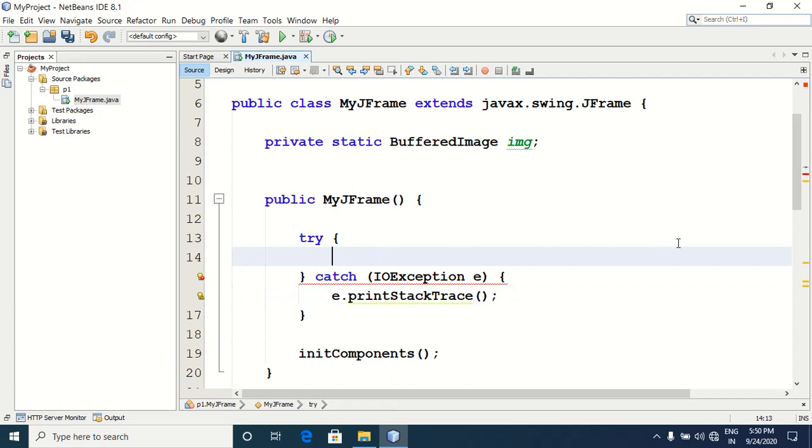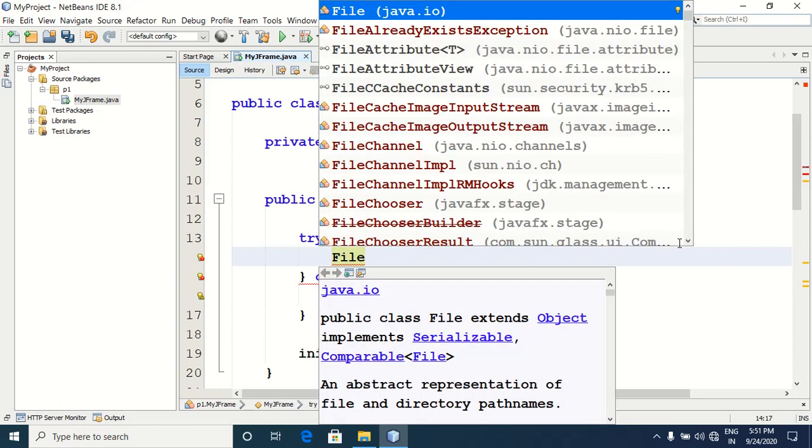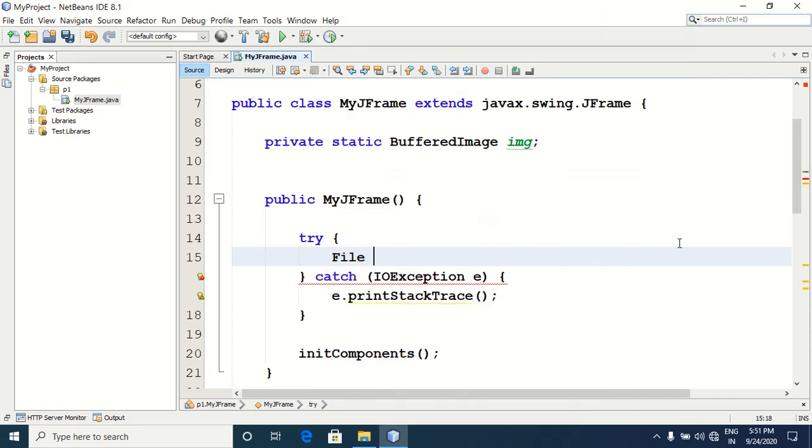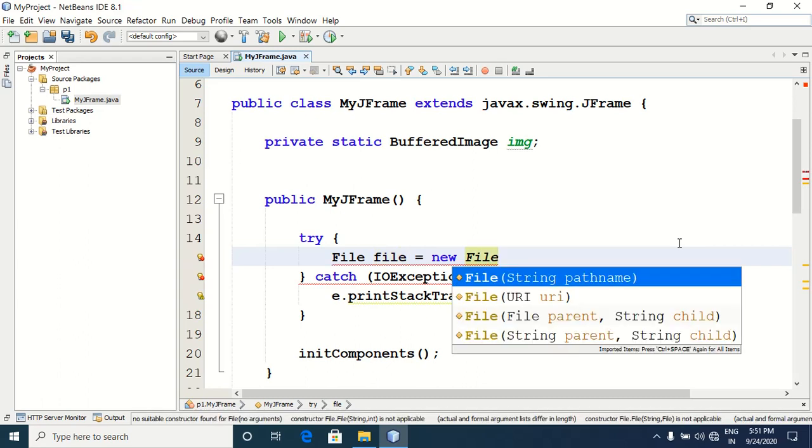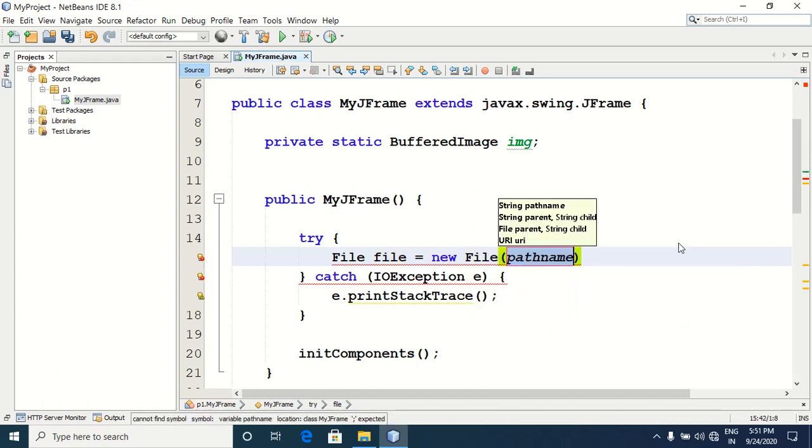So very first we need to create the File class object. So write File here from the java.io package. Okay, then the reference variable name is given as file, new File object is created here.